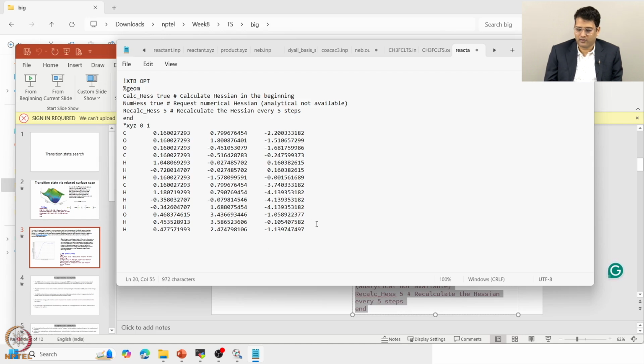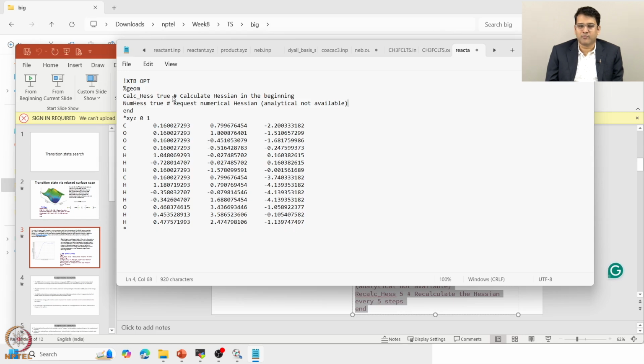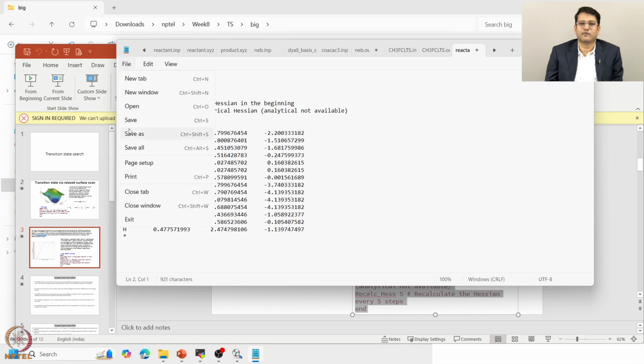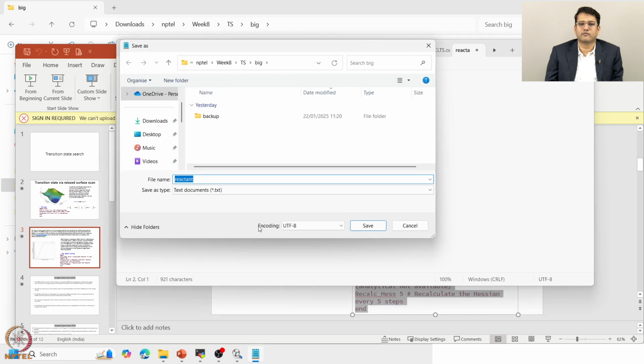Okay, the one change I need is that I do not want to calculate the Hessian at the fifth step, because if you recalculate the Hessian too quickly, sometimes it makes your optimization less stable. So this I will save as reactant.inp,